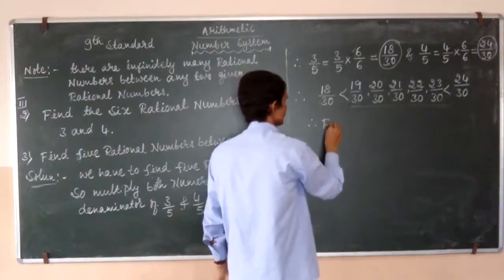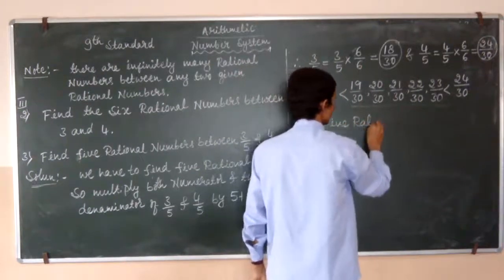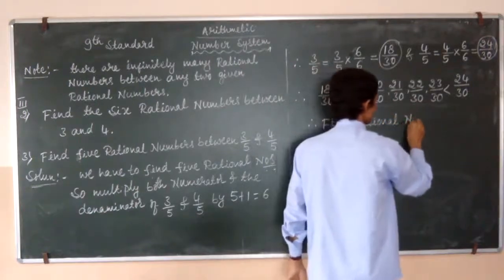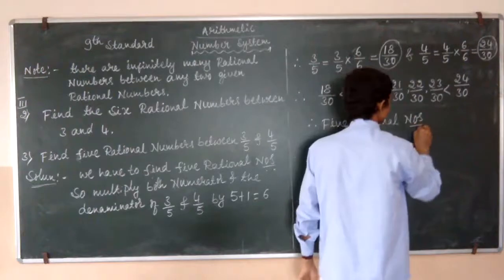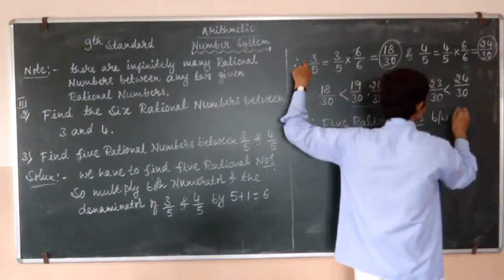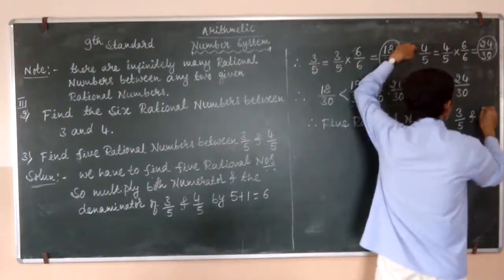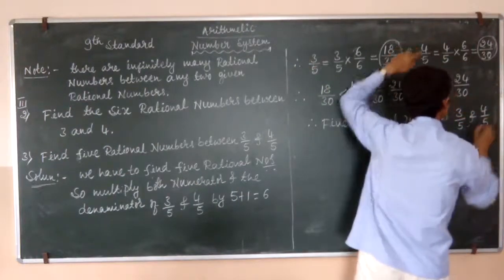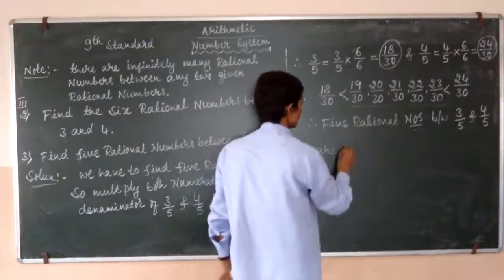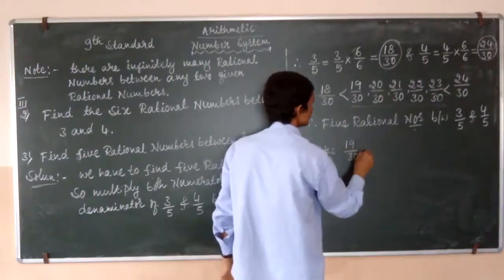Therefore, the 5 rational numbers between 3 by 5 and 4 by 5 are 19 by 30, 20